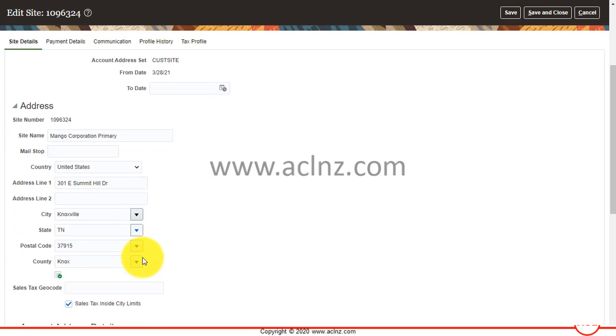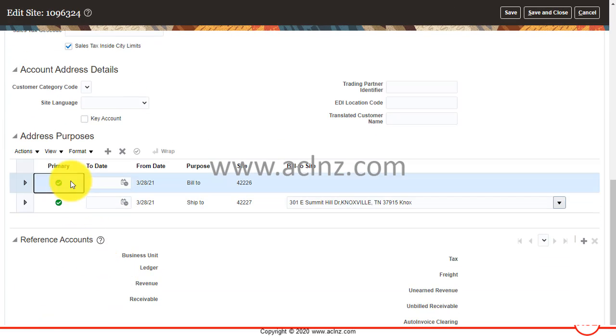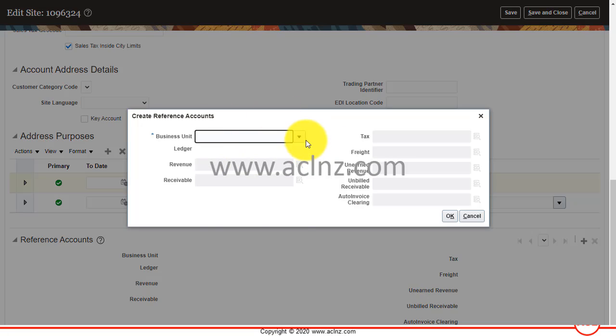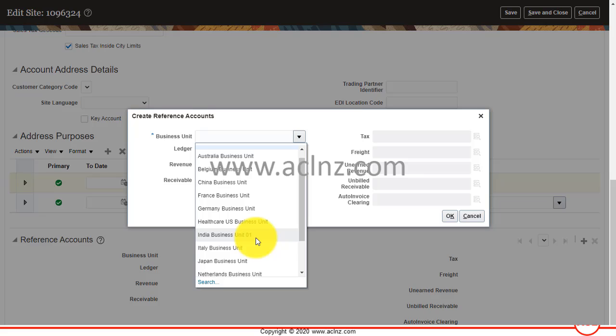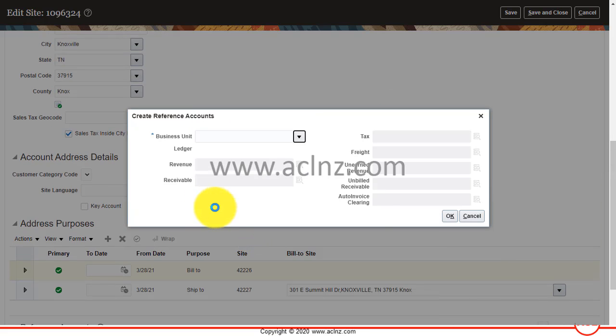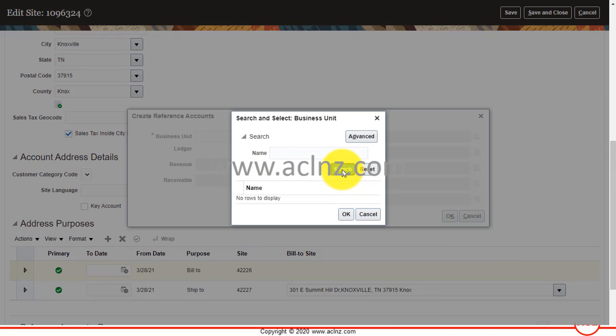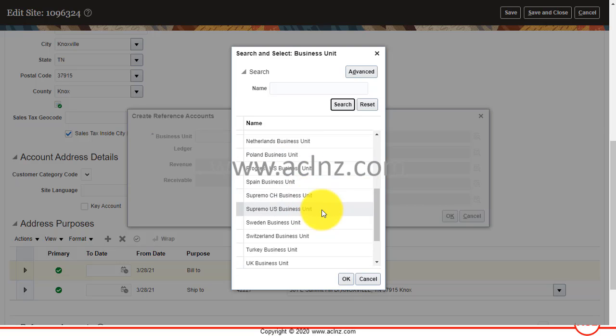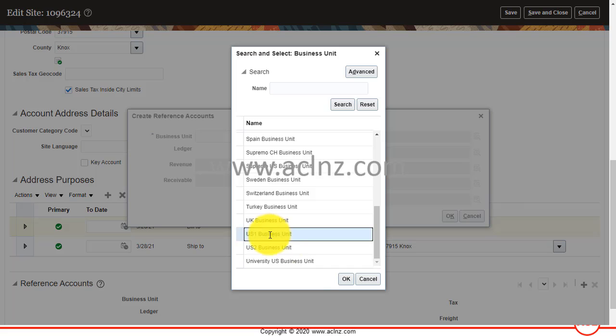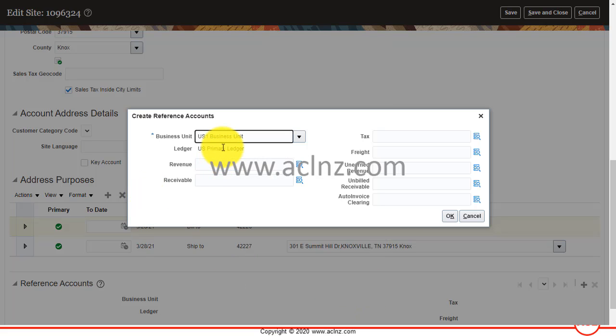Okay, and then I will navigate to the bill to address purpose, and within that I'm going to click on this plus icon. I'm going to choose the business unit as US1 business unit, which is over here. Hit the OK button, and then it's associated with US primary ledger, so the ledger got